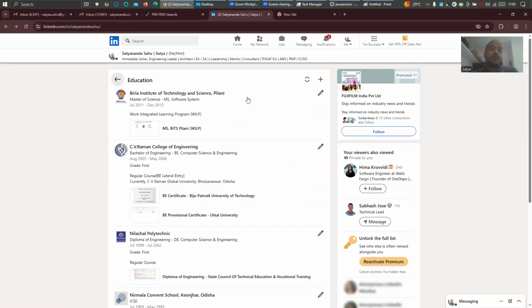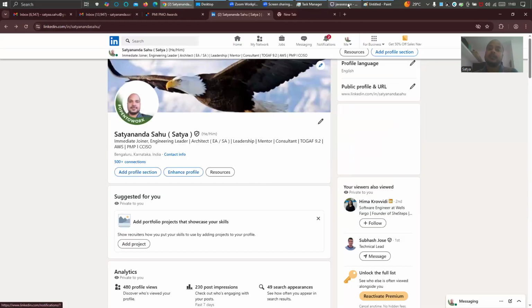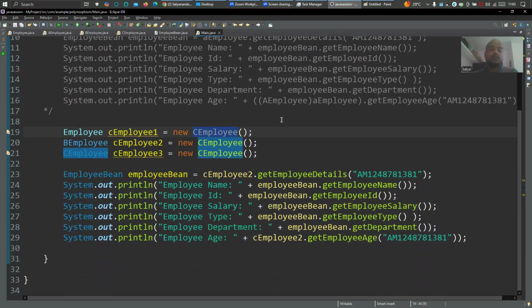So today we discussed lots of things, about inheritance and polymorphism. As I remember the concepts, this much we have for polymorphism: static polymorphism and dynamic polymorphism. This is what I have shown you. Interface way of implementation or abstract class type of implementation are called dynamic polymorphism or runtime polymorphism, where you